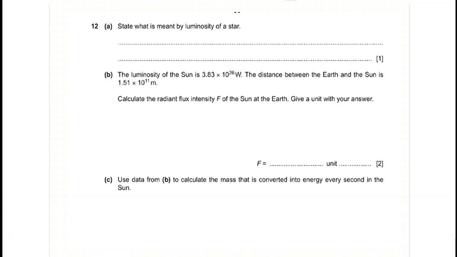Another example here. I think this paper is a February-March paper, maybe year 22. In this question, part A says: state what is meant by luminosity of a star. Luminosity of a star is the total power of radiation emitted by a star. So it is the total power